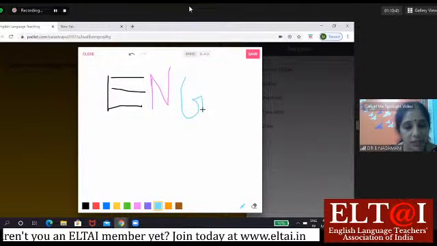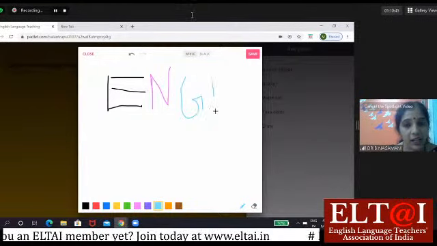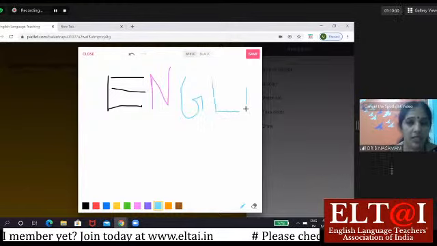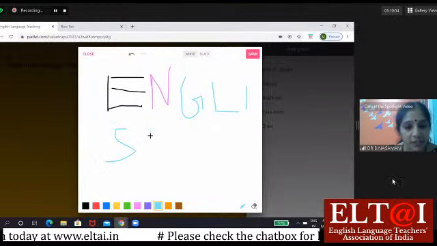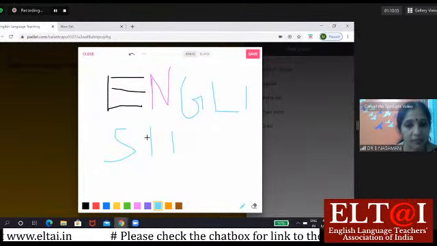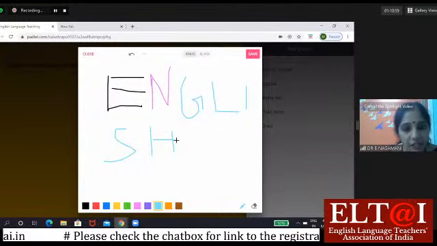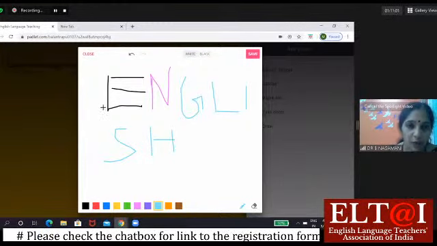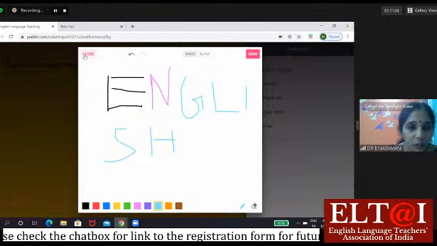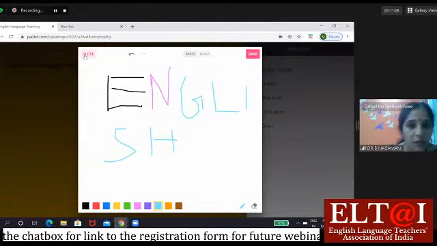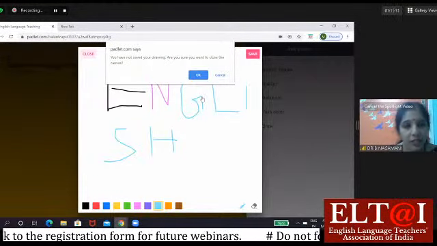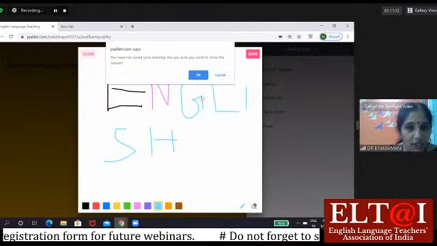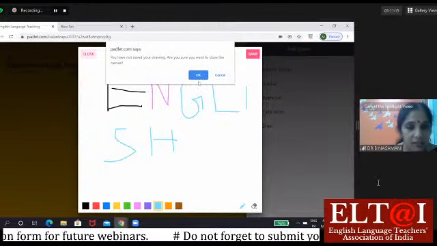I'm just demonstrating it so that you will understand the various options which are available in order to make your Padlet as interesting as possible. I didn't change the colors, but you have the option. Now I would go with the close option which is available on the screen. I closed it. Immediately there is a notification. You have not saved your drawing. Are you sure you want to close the canvas? Yes, if I'm not interested, I'll click OK.